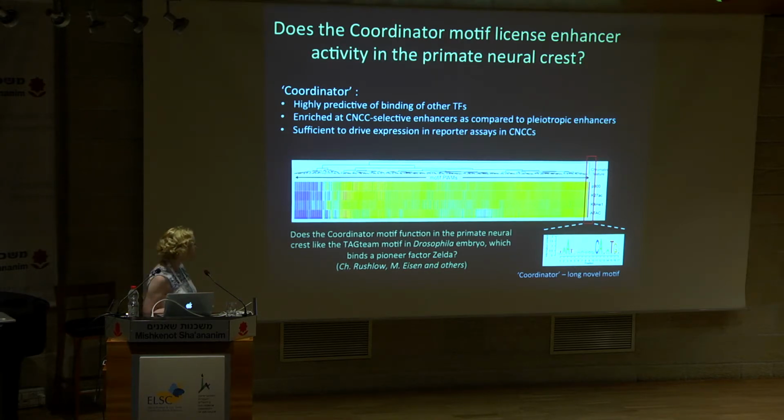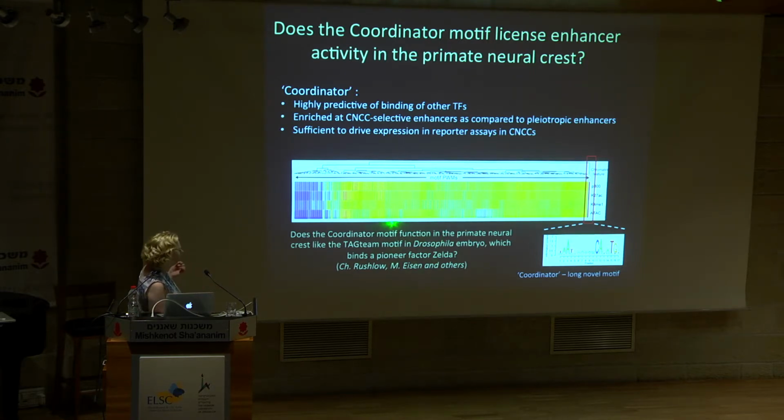And indeed, there's a precedent where a so-called tag team motif has been described in the Drosophila embryo that also has similar features. Mainly, it's highly predictive of binding of other transcription factors. And mechanistically, it turned out that the tag team motif, which by the way looks nothing like the coordinator, so we think it's a conceptual parallel rather than a direct parallel,